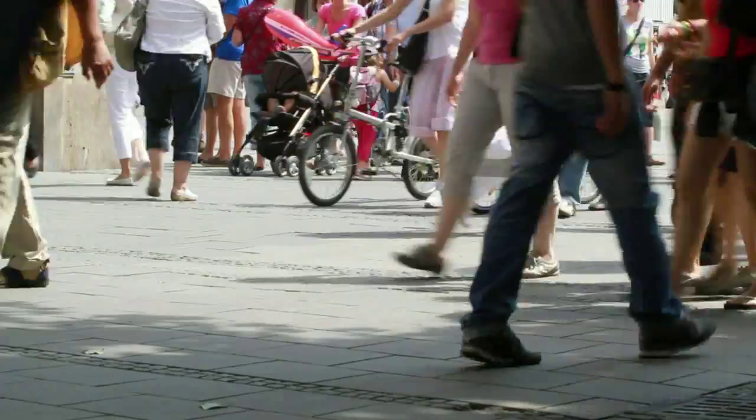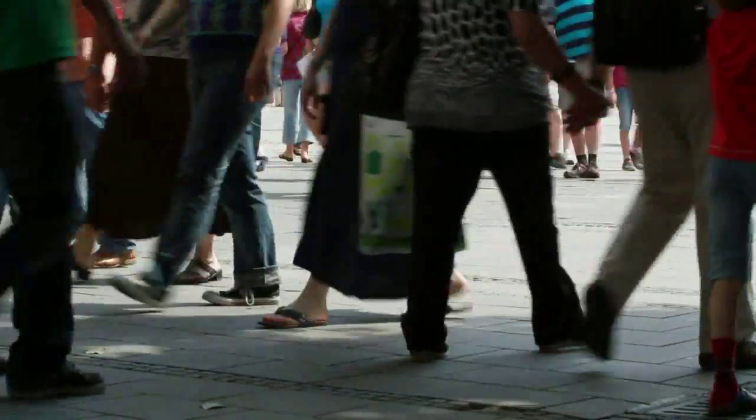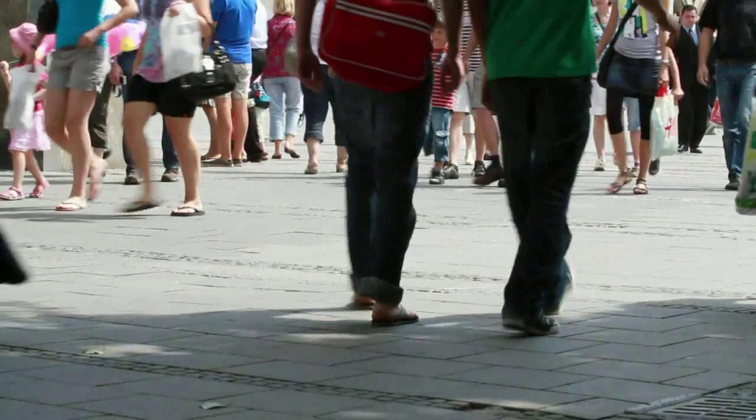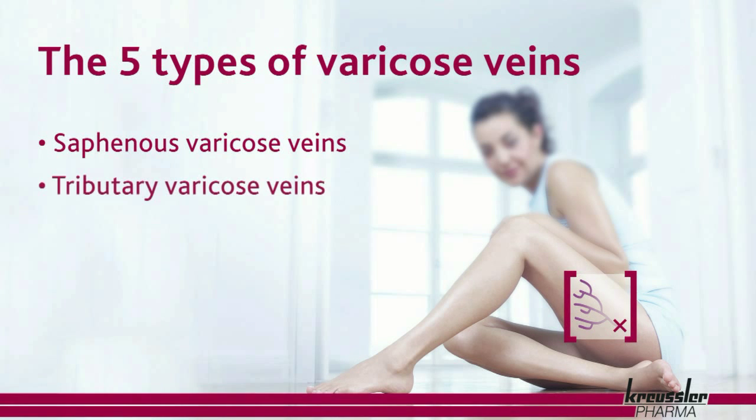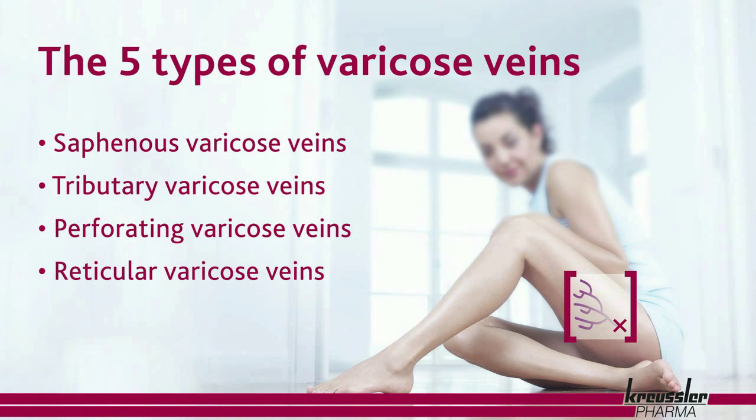Venous diseases, such as varicosis of the lower extremities, are among the most common clinical conditions in the general population. Varicosis is a degenerative disease of the superficial venous system, with pathologically enlarged and tortuous veins, so-called varicose veins. We distinguish between 5 types of varicose veins: saphenous varicose veins, tributary varicose veins, perforating varicose veins, reticular varicose veins,